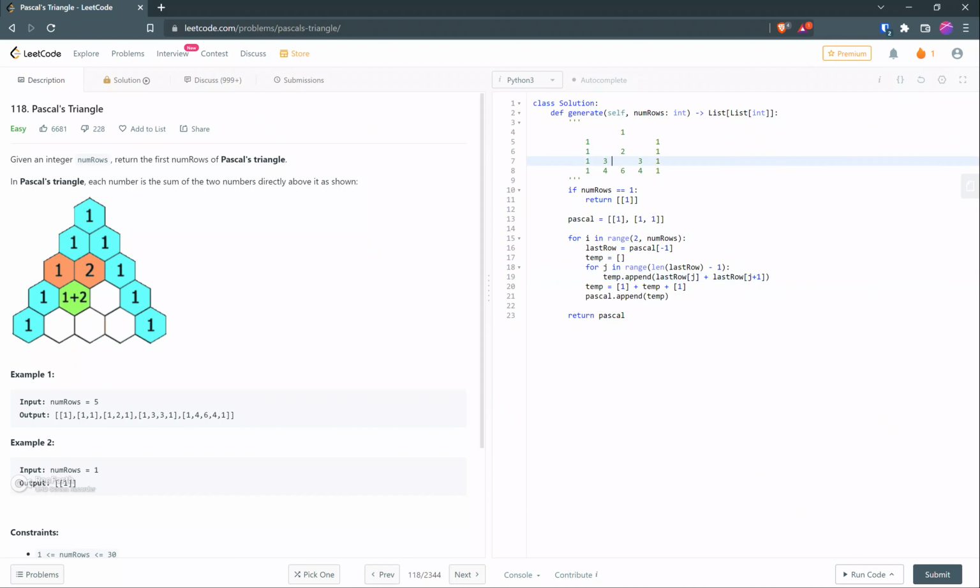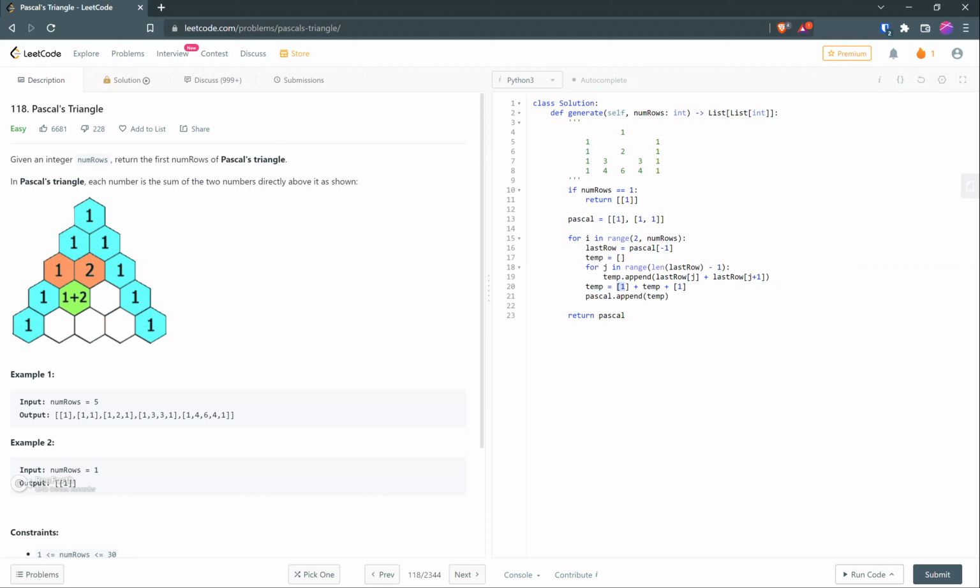To calculate the first index, it should be last row 0th position plus first position. To calculate the second index, last row first position plus second position. So here, given the indexing system of Python, this gives us a temporary list of all the values that should be